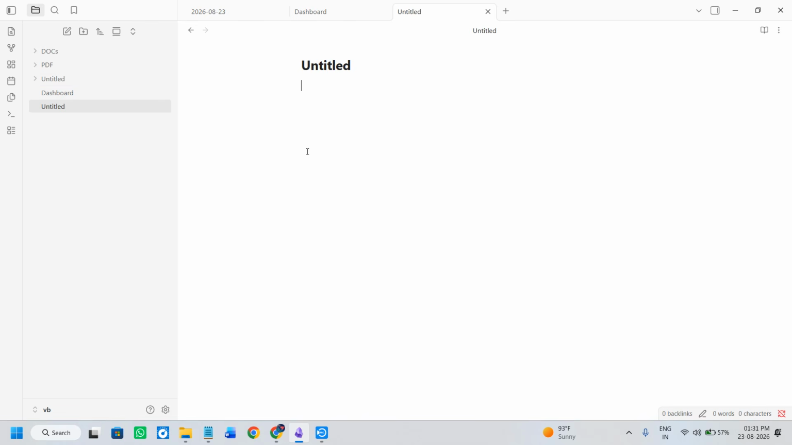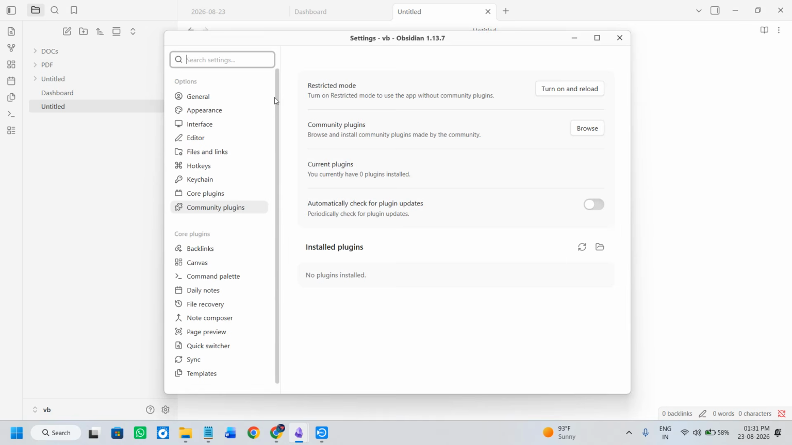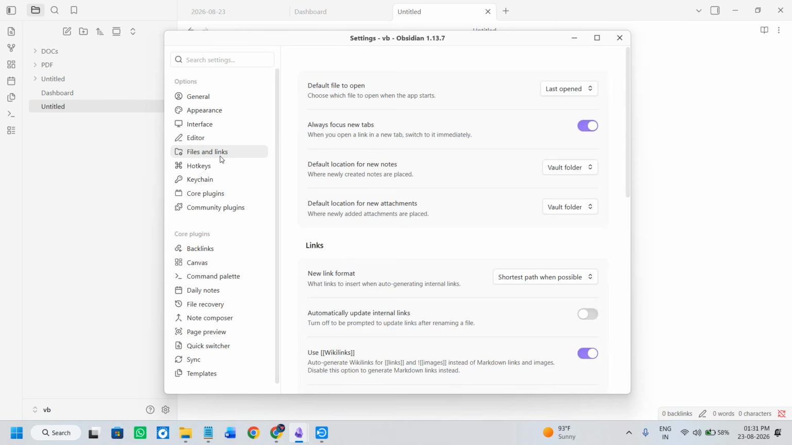So after giving it a name, when the folder is basically created, you just have to simply click on the gear icon right next to the vault name. After the settings option opens in front of you, you just have to look for the option that says files and links. Now over here, you need to find the default location for the new attachments, and here you need to choose the in the folder specified below. So simply click on the option and select the option of in the folder specified